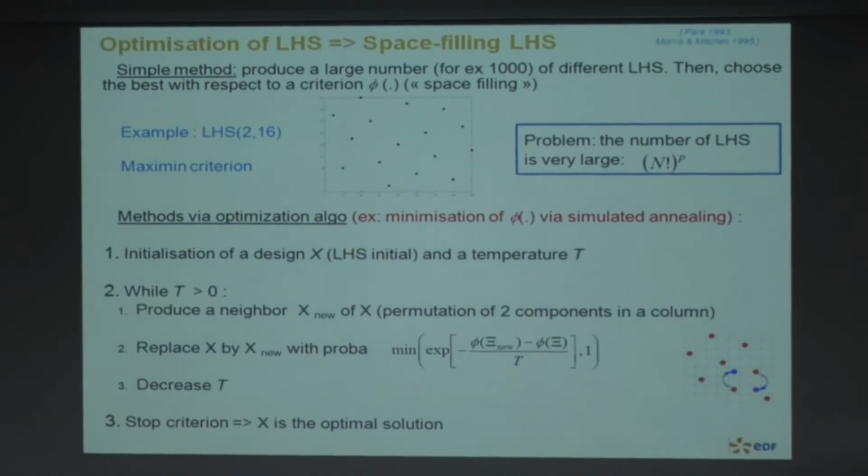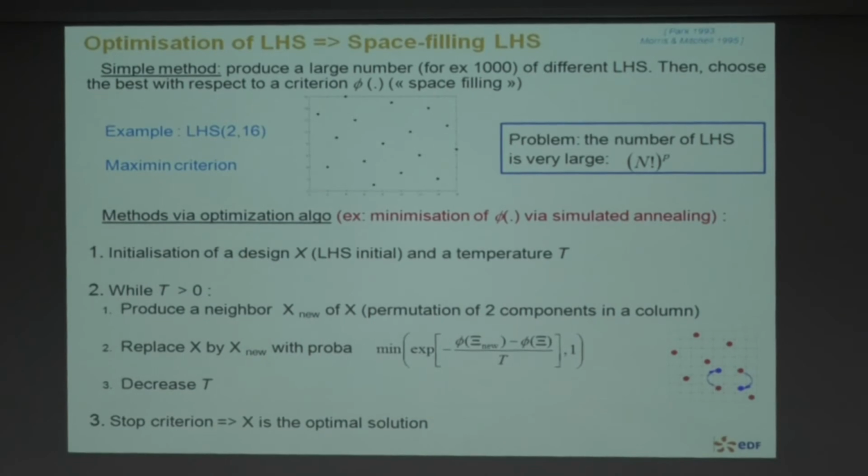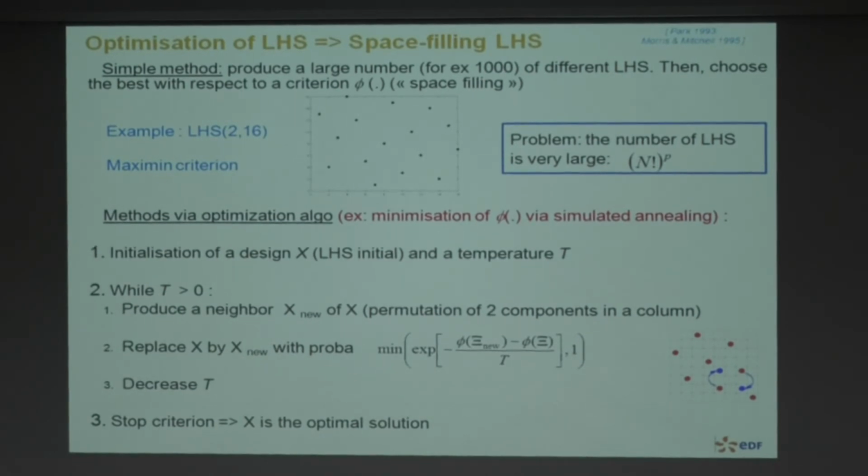And so, after a large number of simulations, this probability is 0. It means that I do not accept a worse result than the one I have. So